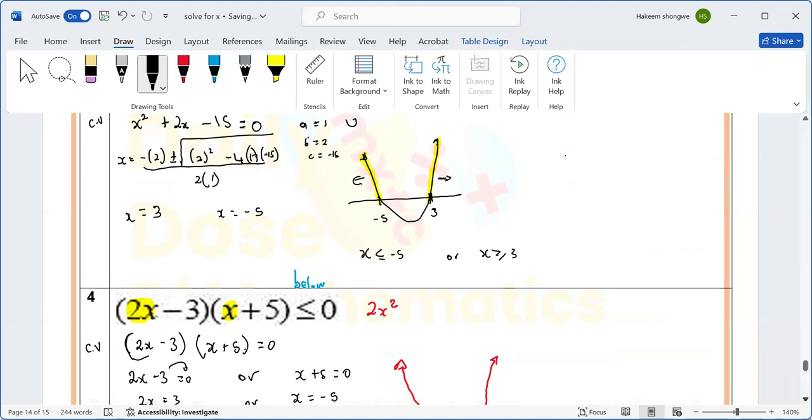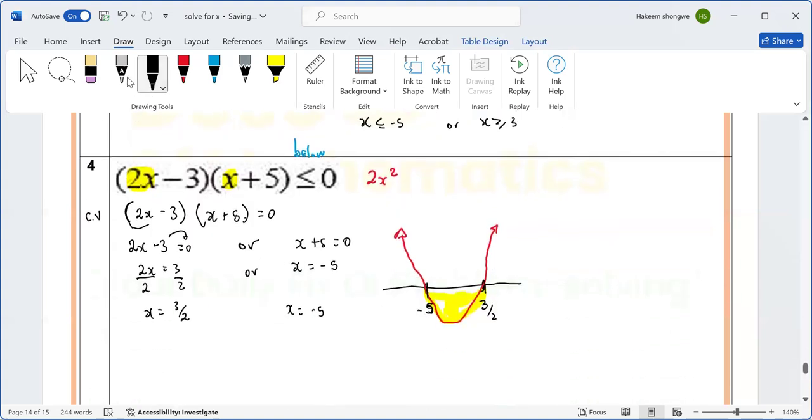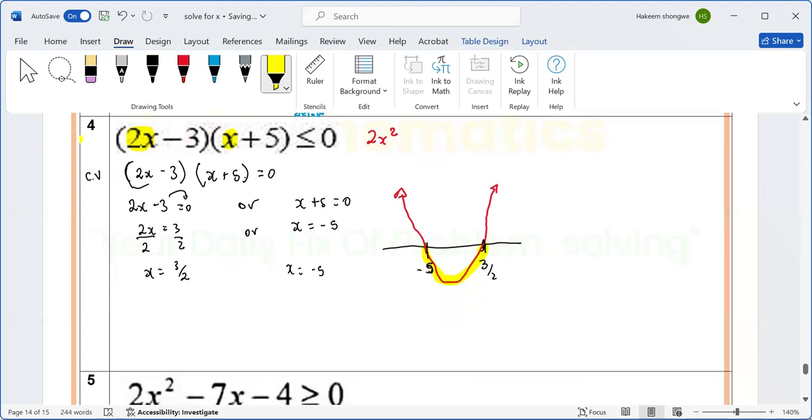This one here, there's no break in between. Because it's below the line, this is below or equals the line: below, below, below, or touch the line because of the equal sign. So it's either below the line or at the line. This is how we're going to write it. We're going to write the minus